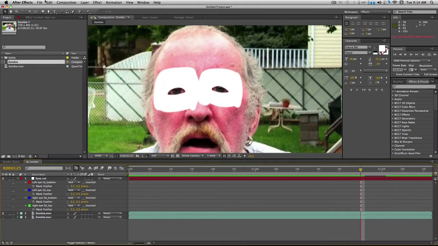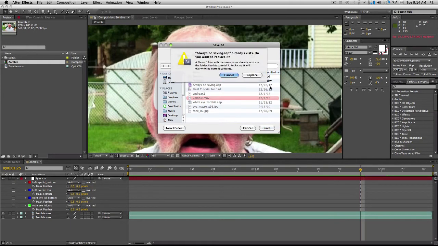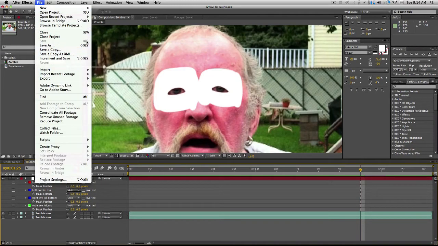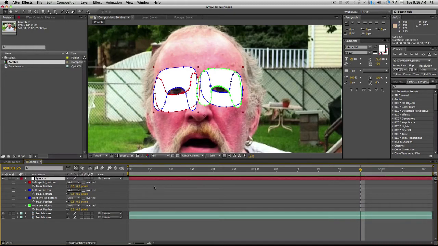Let's save this. Always be saving. Yes, I'm going to replace that. I want you to remember to always save. You can do the keyboard shortcuts if you want. File, save is, for Mac, Command S, whatever it is for PC. Just keep that in mind. Always keep saving. Alright, now that that's out of the way, let's go highlight the eyes cut layer, hit M